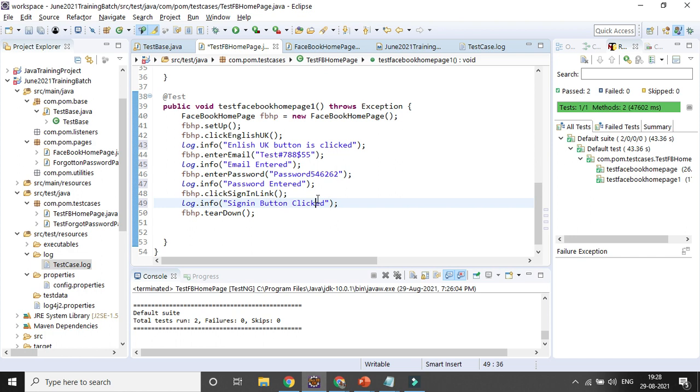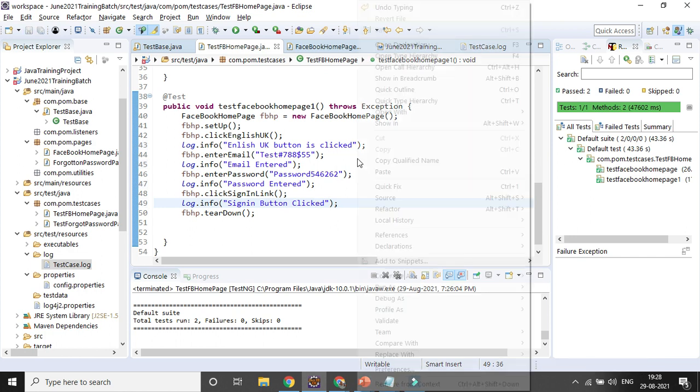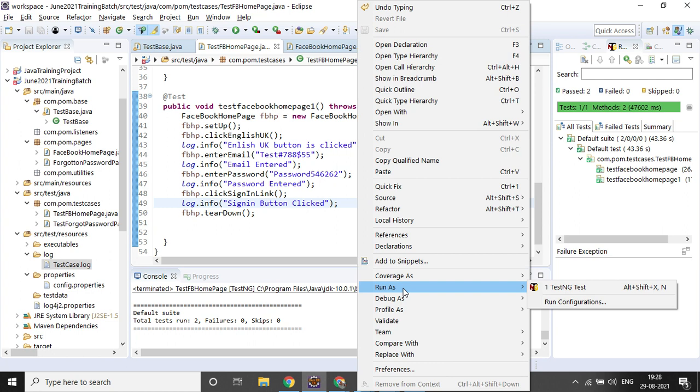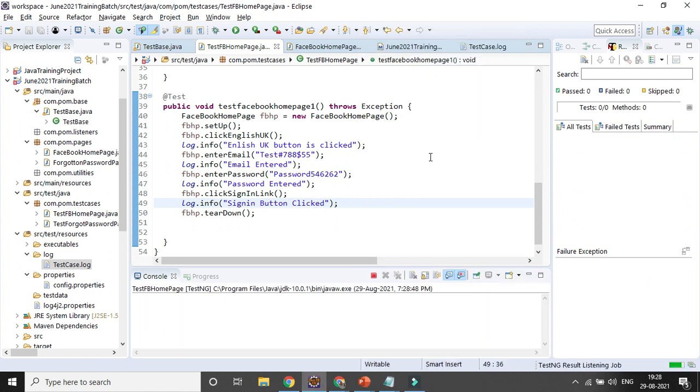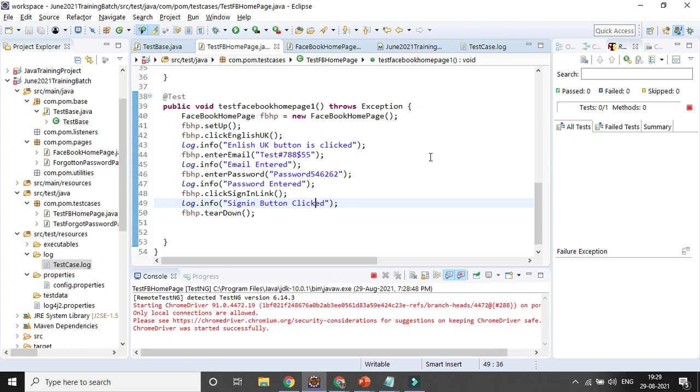Now if you want to run it again, you can do it from the test cases class level, from the testng XML file, or from the POM.xml, it does not matter. But every time your application log will be appended in your test case.log. If you don't want that, you can remove it before running, and then run it so that you get a fresh log.